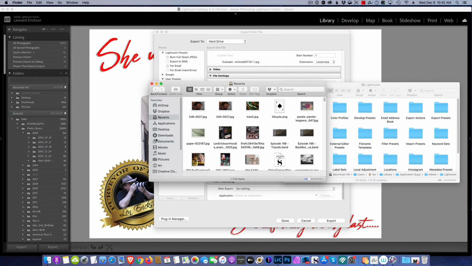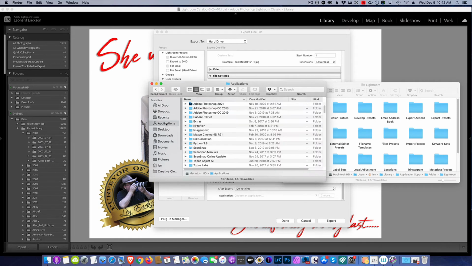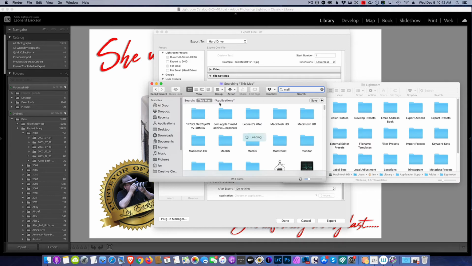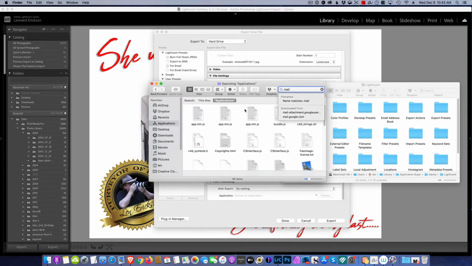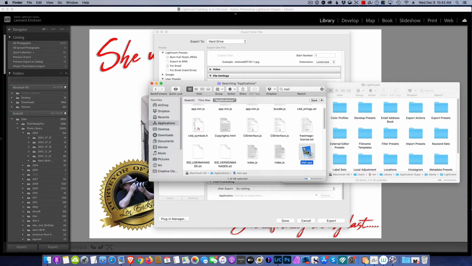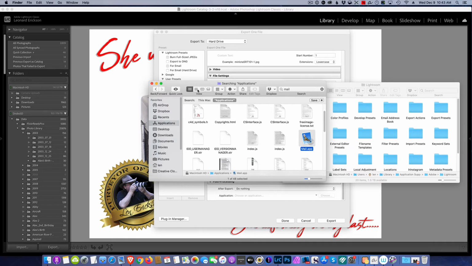And we're going to go to our application folder. And in our application folder, we need to find whatever email application we like. Now, I'm on a Mac here, so I'm just going to search for my Mac Mail. There's my Mac Mail. All right. And I want to